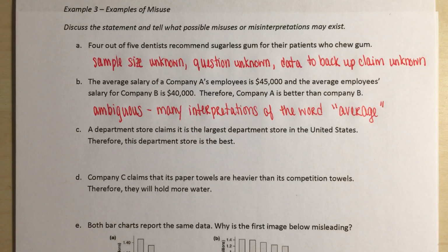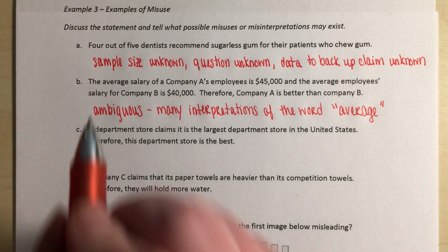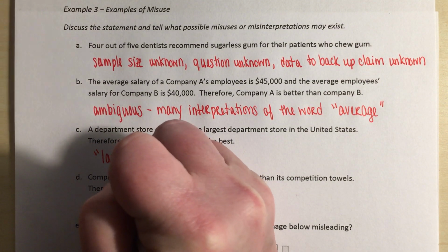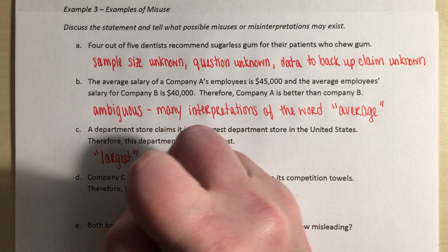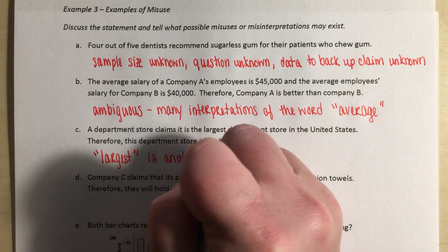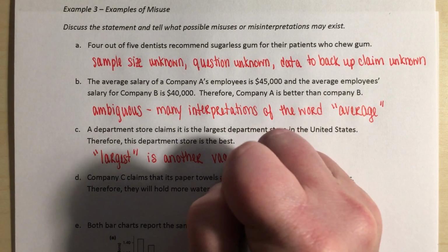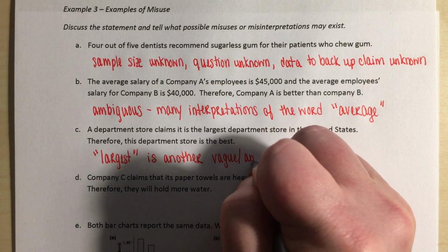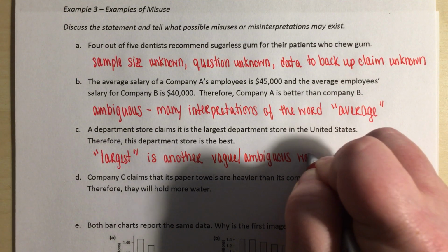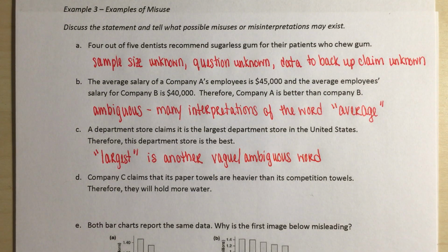Right, for C, a department store claims it is the largest department store in the United States. Therefore, this department store is the best. Largest, right, is another vague or ambiguous word. What do we mean by largest? Have the most stores, have the most employees,